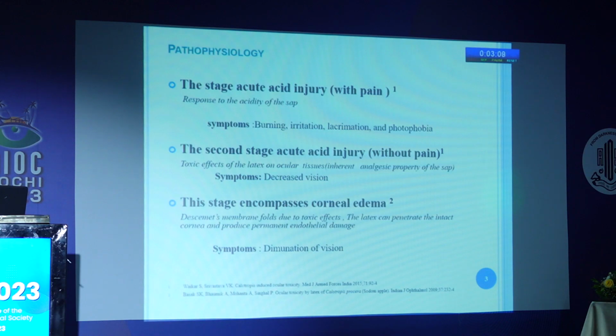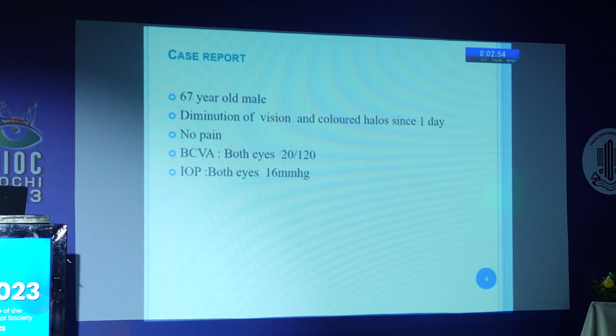Then the next stage can cause only Descemet's membrane folds due to the toxic effect. The latex can penetrate the intact cornea and produce permanent endothelial damage. So here the symptoms also are diminution of vision. Here is a 67-year-old male who came to OPD with diminution of vision and colored halos since 1 day,